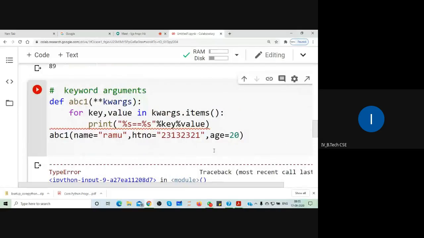Okay. So we will take another way. Format